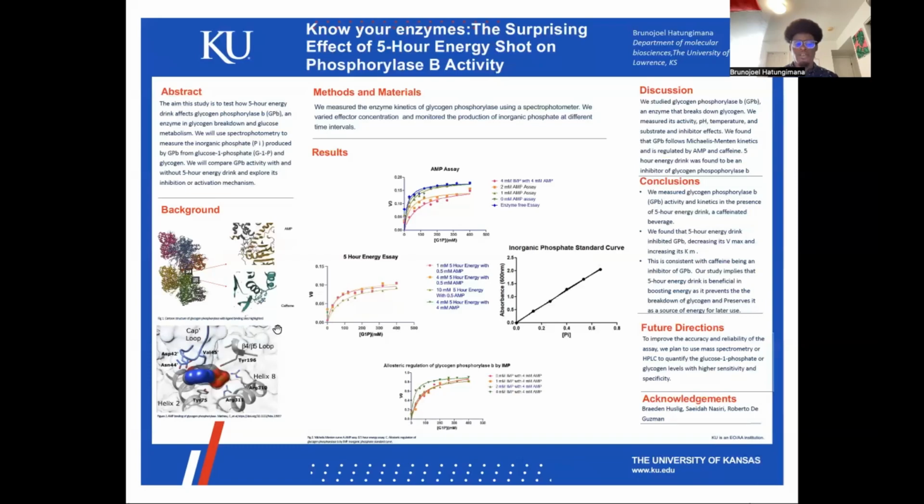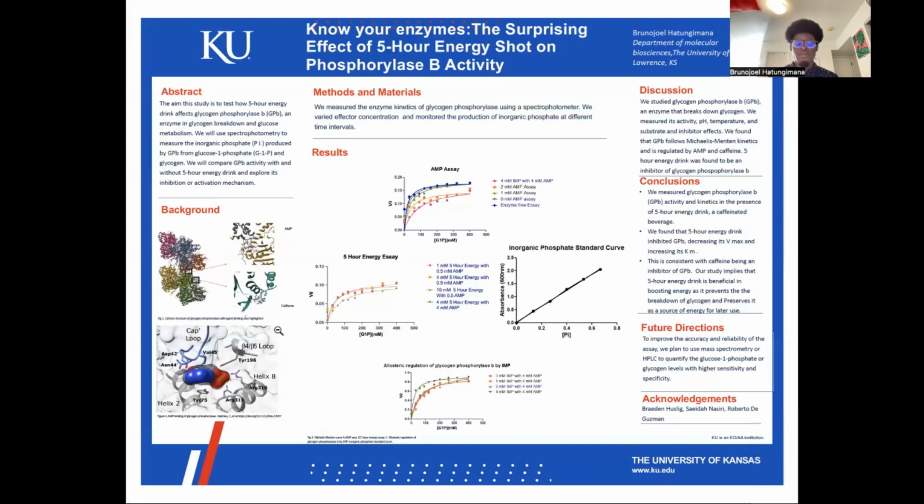To examine the effect on glycogen phosphorylase b in vitro, we conducted an enzyme assay where glycogen phosphorylase b activity was measured by monitoring the release of inorganic phosphate from glucose 1-phosphate. The glycogen phosphorylase b was from Sigma-Aldrich and was purified from rabbit muscle. The reaction was initiated by adding glycogen phosphorylase b and incubated at 25 degrees Celsius for 10 minutes. The reaction was stopped by adding 0.5 ml of 10% sulfuric acid, and the amount of inorganic phosphate released was determined by the molybdenum method.